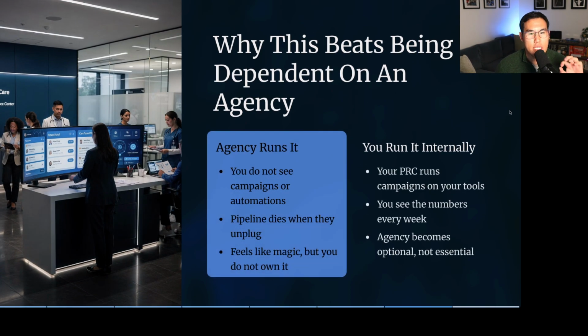When an outside agency does this for you, it feels like magic because you don't see the campaigns, you don't see the automations, you don't see the dashboard, you just see your calendar move and your bank account change. But the problem is if they unplug, that magic literally goes away. Door 3 says we bring that engine into your world. We give your person the campaigns, the AI tools, and the dashboard. We help you run it for 90 days until it's boring. Because once it's boring and predictable, that's when you know you have something that's actually a department,